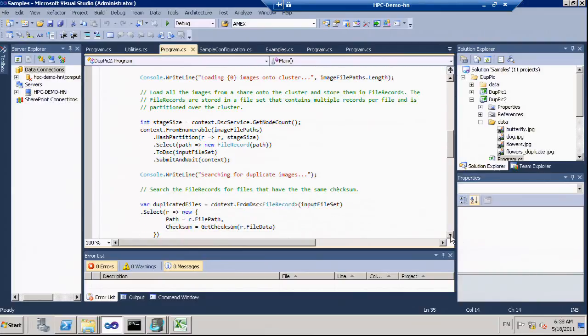Now, there is a default partition. Default partition in DSC is by files, so every file is a partition. Now, that might not be a good way to go, because let's say there are different files which are